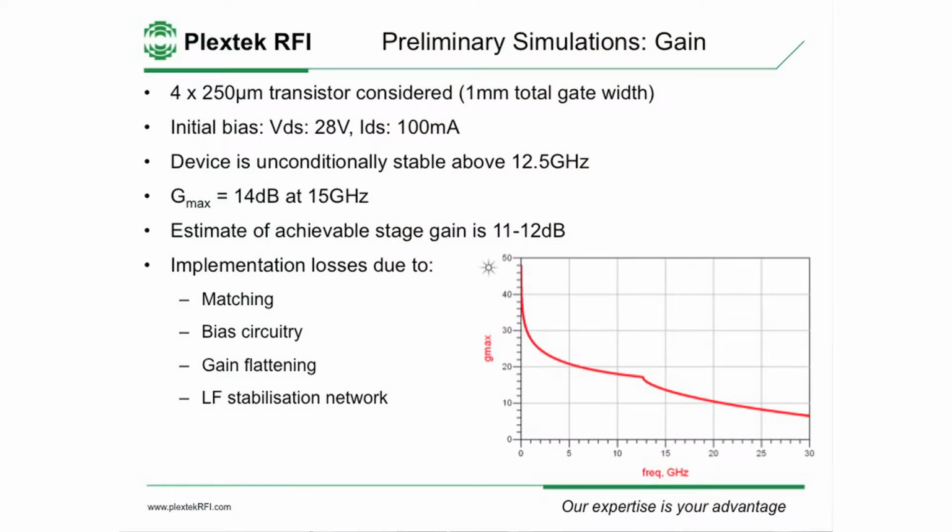So for the preliminary design, we started out with some simulations and we looked at a 1 millimeter transistor, 4 by 250 micron. Initially, we biased it at 100 milliamps. That's 100 milliamps per millimeter, obviously. And this is the classic G-max curve we see. I'm sure you're all familiar with this. This point here is where we transition from a region of conditional stability to a region of unconditional stability. So round about our band here, the device is unconditionally stable, which is nice, and we've got a gain